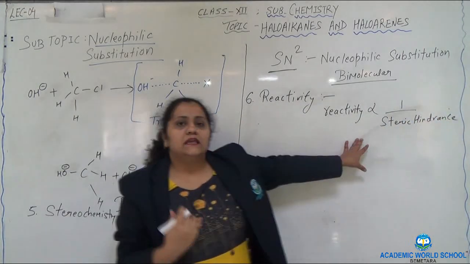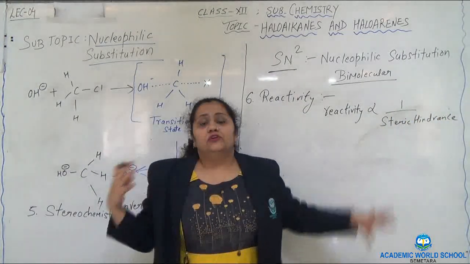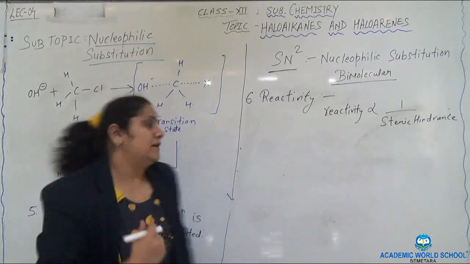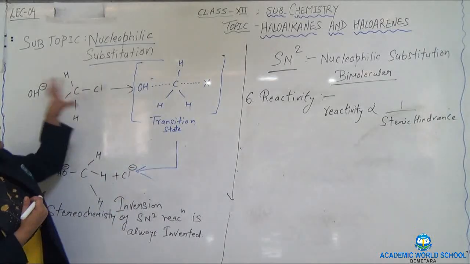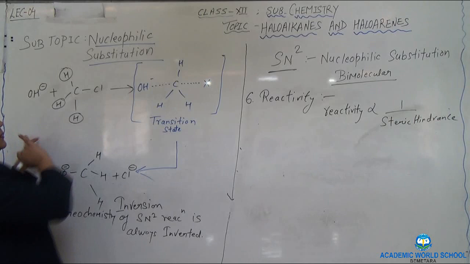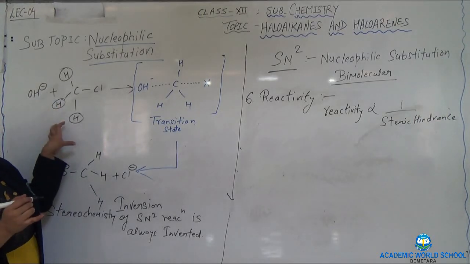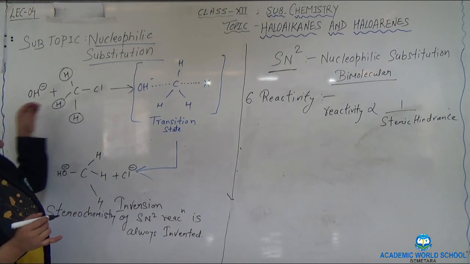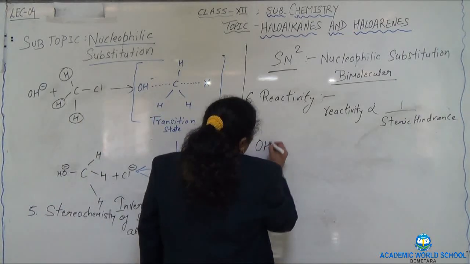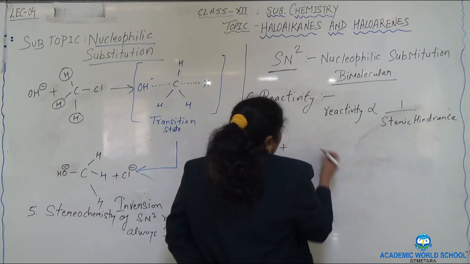Steric hindrance is a type of repulsion which the nucleophile experiences when the groups are very bulky. For example, if I choose this type of reaction where these 3 hydrogen atoms are very small, the nucleophile can easily attack the atom. But if this same OH minus attacks a group like